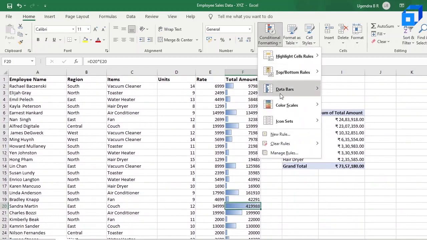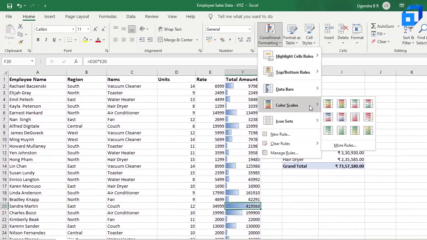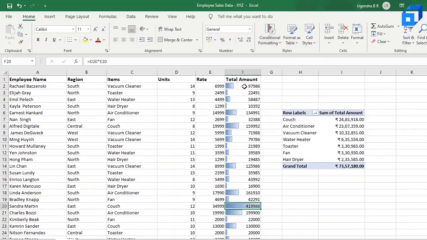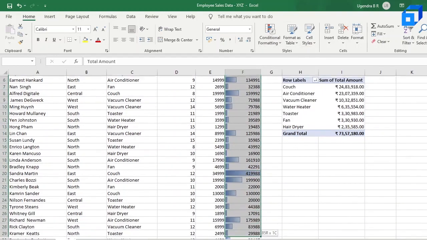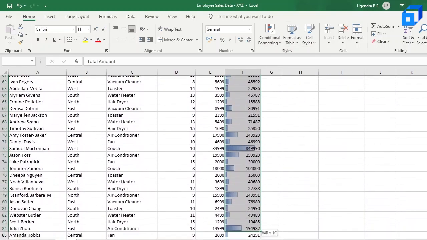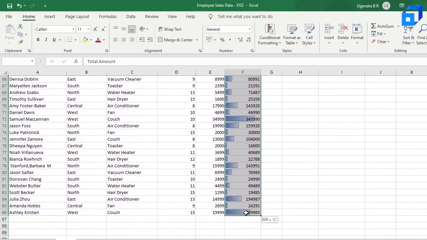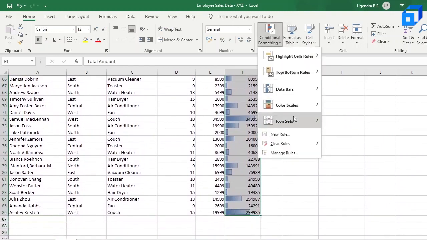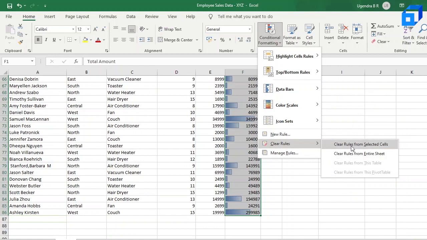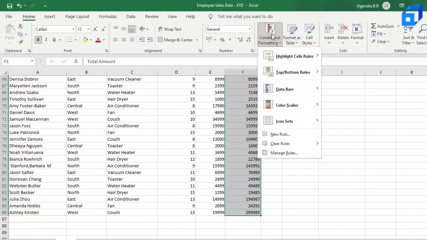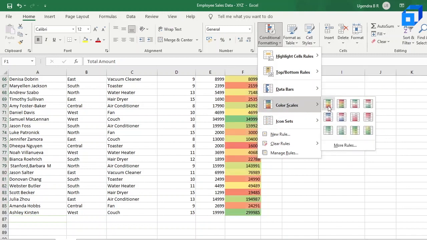And also you can use the color scales. So over here, again let us select the entire column, and before that let us clear the rule first from selected cells, and then go to conditional formatting, go to color scales now.